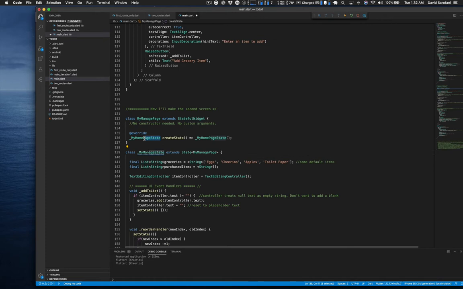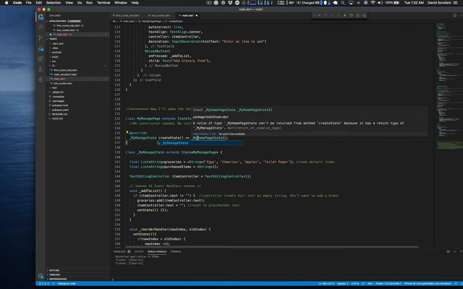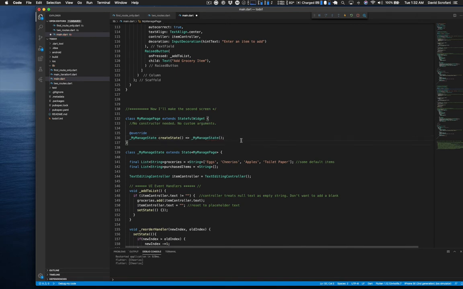And then up here, manage state and my manage state. And all the red will go away. Now, what did I just do? So we've talked about this before. And once you do this maybe 2, 3, 4, 9, 10, 15 times, you start to get the hang of